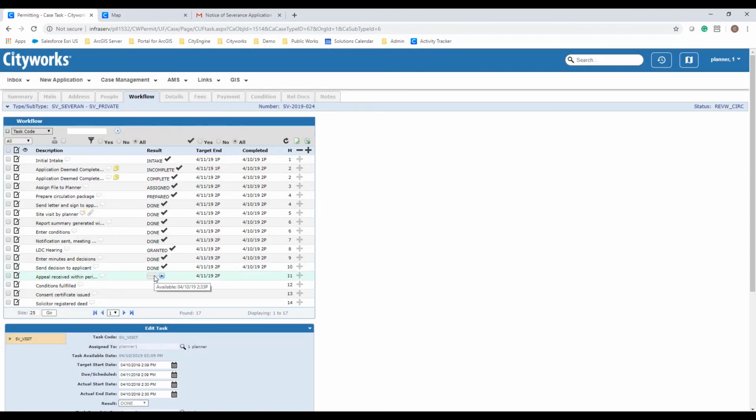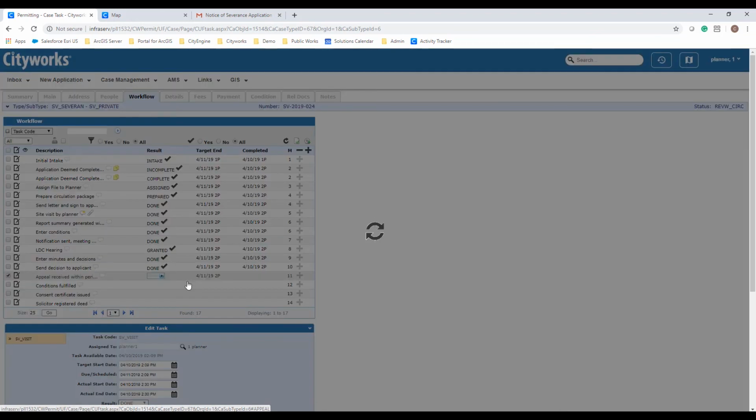So our next task now is our appeal received. So we have two options. We have our appeal outcome or our no appeal outcome. So if I go with a no appeal outcome, we'd continue with the workflow as is. So that would move us to our conditions fulfilled task. However, we've built additional logic into the appeal. So if I select the appeal option,